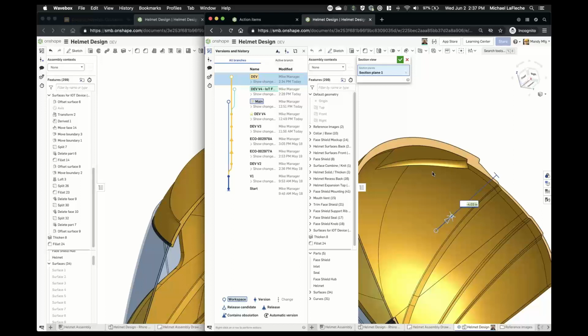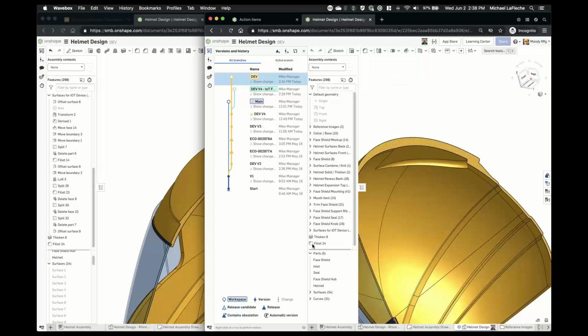But in Onshape, everything is live, up to date, because I'm looking at the live workspace. You can look at previous moments in time, but here it's just instant and automatic. You're able to keep up to date and have this kind of parallel design process. In fact,